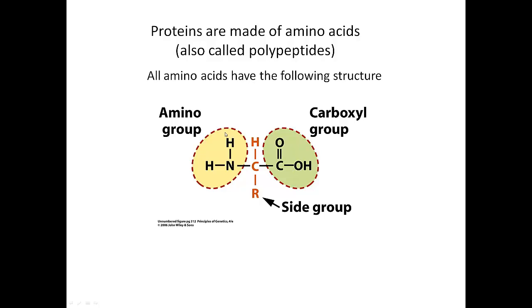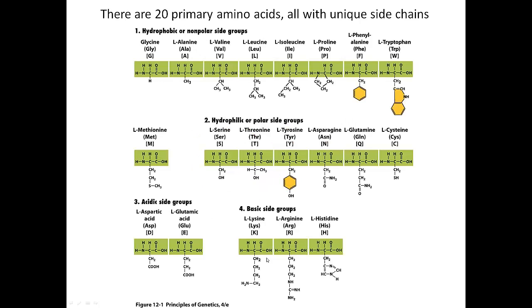The N is called the amino group. It has two H's attached to it, and the carbon on the other end is a COOH. So it has a carboxyl group attached to it on every single amino acid. And the place where each amino acid differs from each other is in this side group, which is designated by the letter R here. So there are 20 different amino acids that are commonly used in proteins, and each of